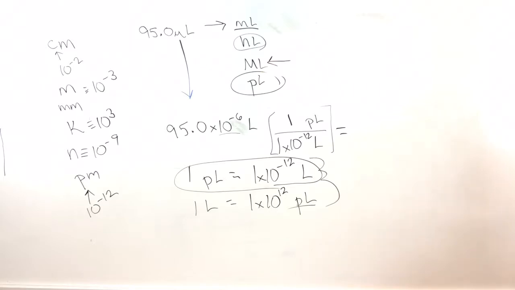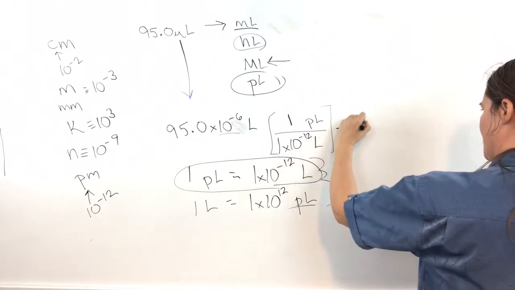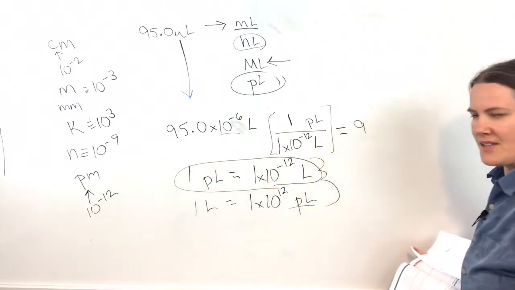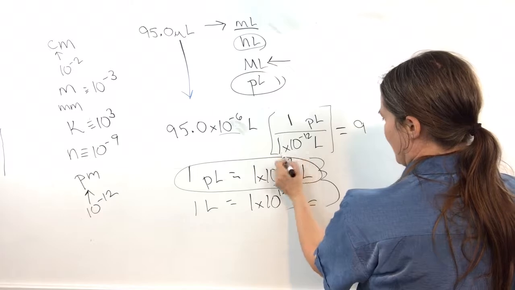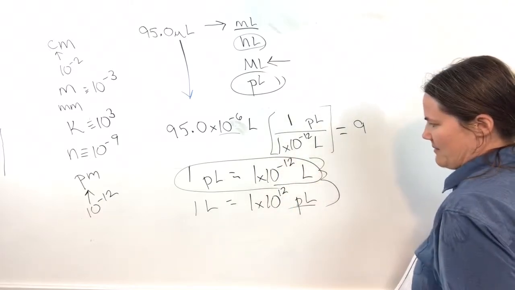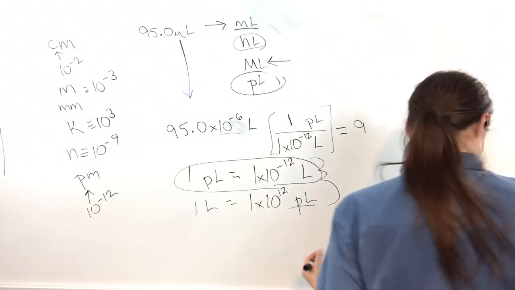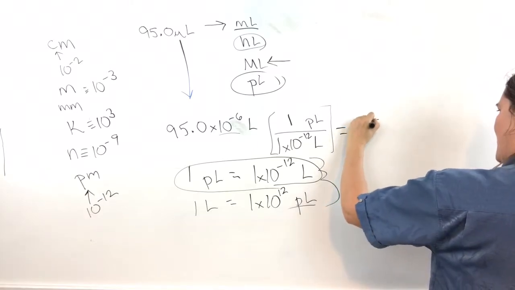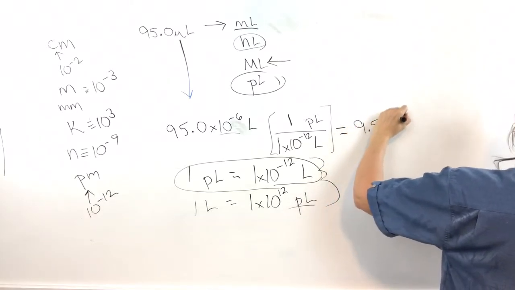And if I work through the math on this, what I'm doing is I have 95.0 times 10 to the negative 6 liters. I'm dividing it by 1 times 10 to the negative 12 liters. And I end up with 9.5 times 10 to the 7th